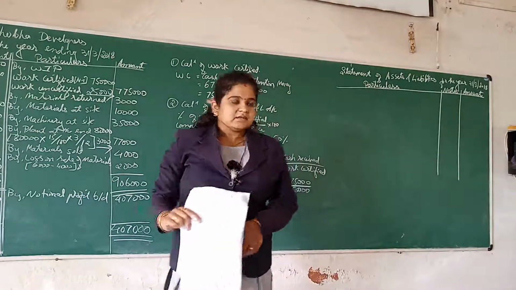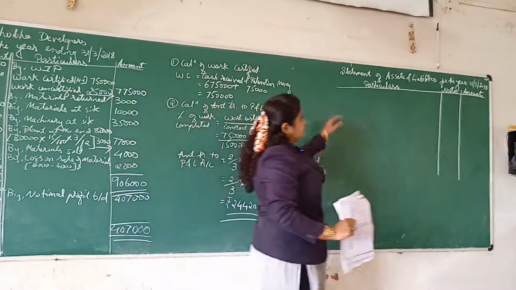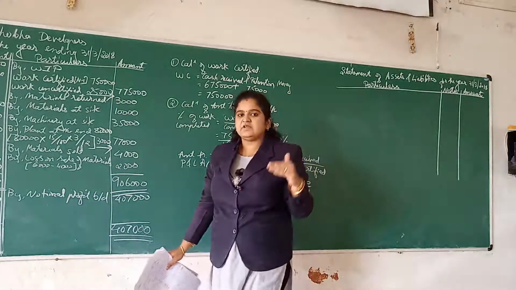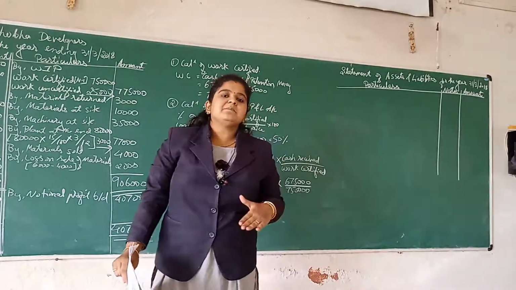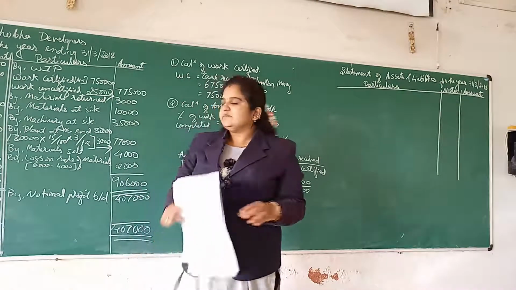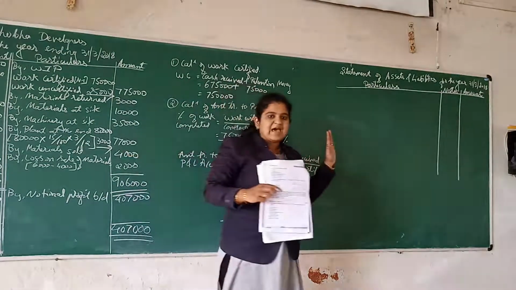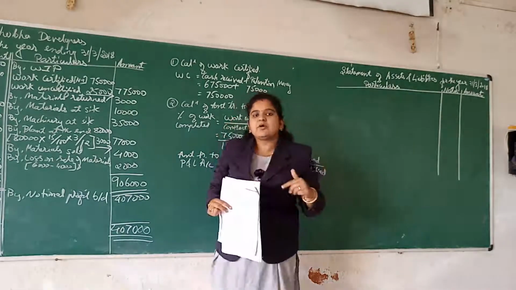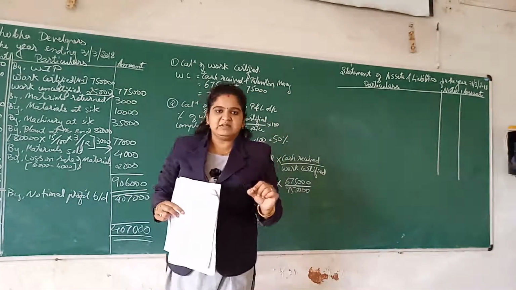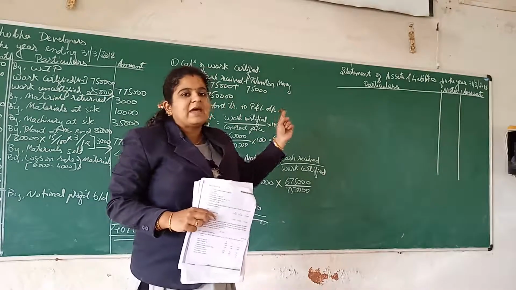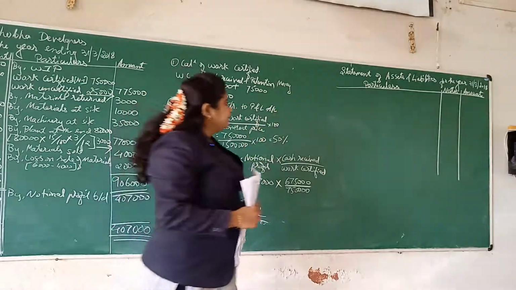Okay. Now there will be two parts in the statement of assets and liabilities. The first part will be for liabilities and the second part will be for assets. So whichever items come under the balance sheet, first we will take liabilities. So just check the problem, if they have given any liabilities, then we will have to take them under the liabilities heading. Okay. Now liabilities.